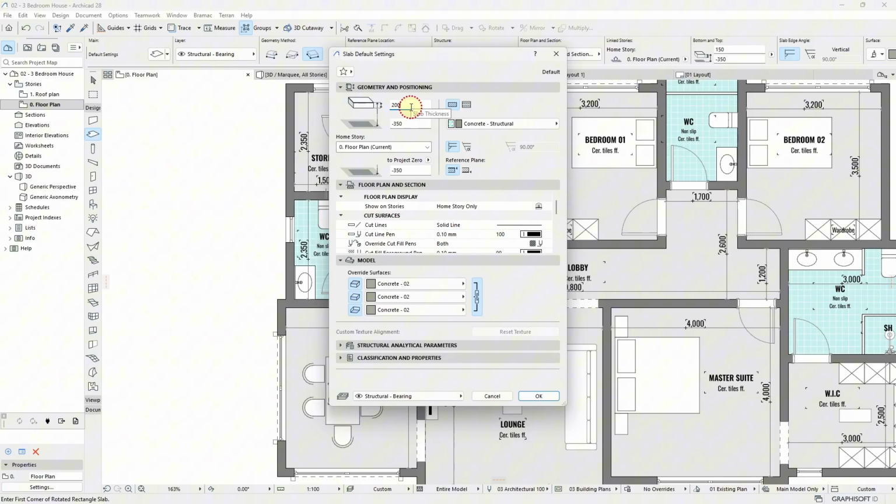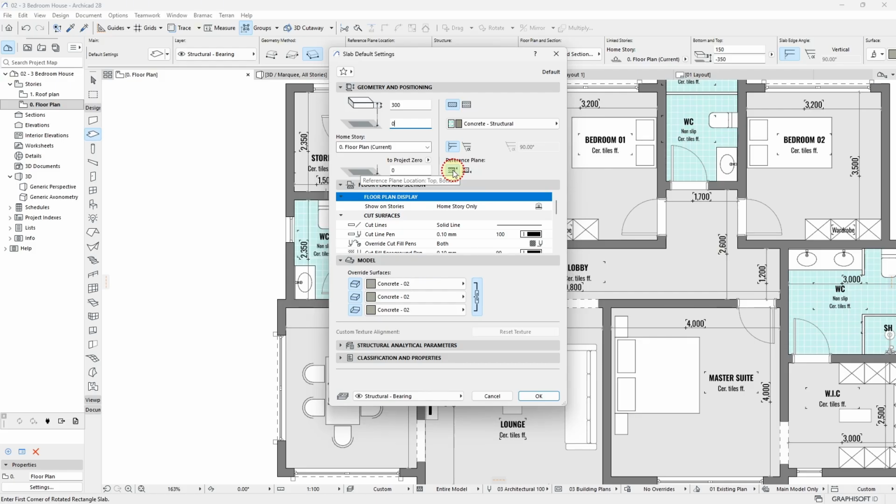And please note that I'm not using a composite slab. I'm just using a simple slab with one material running all through. Secondly, I want to set this slab at the 0 level. That means it's the floor inside the building. And then I'm going to set the reference plane to the top of the slab. So that means on top of the slab, that is where I'm taking as my 0 level of the building. I'm going to put there